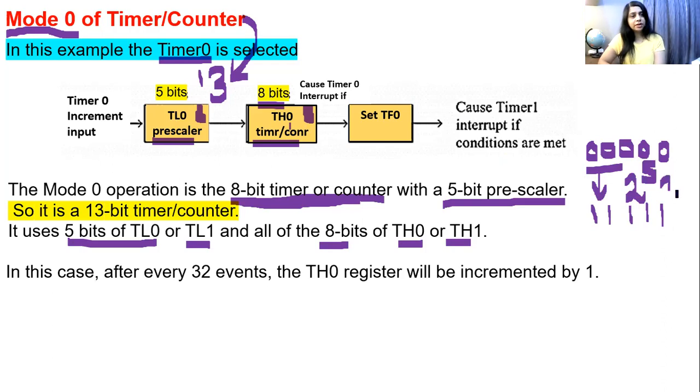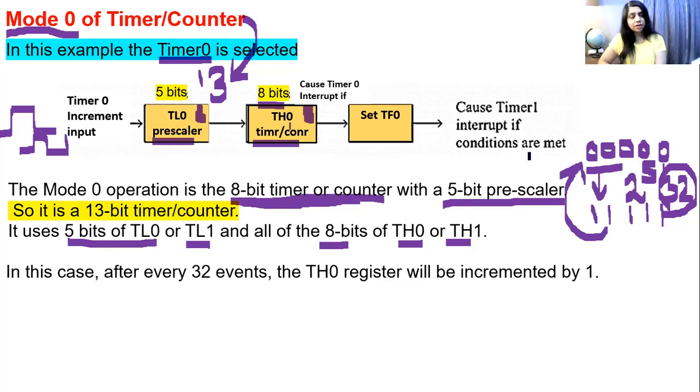So in total it is 32 numbers you can say. These combinations are possible. So after every 32 events, that means suppose there is a clock signal, when one clock applies, the prescaler will increment by 1 and become 1, then 2, 3, and 4. After all 32 combinations, that means after 32 events enter this prescaler, TS0 will increment by 1. Then the prescaler again switches over from all 1s to 0000.